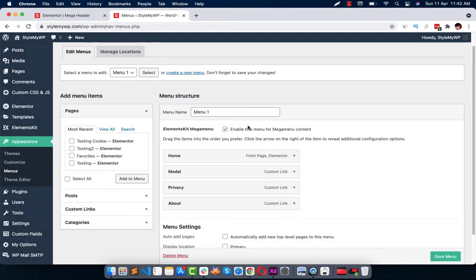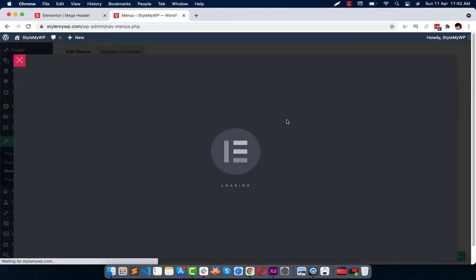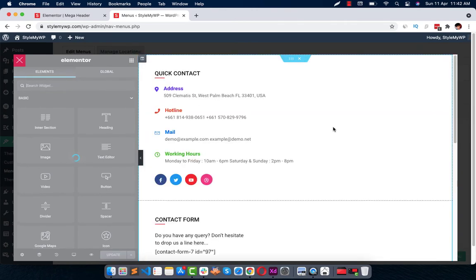Right, if you disable it, this will be gone. So make sure you enable this, then click on mega menu. Right, and here you need to toggle this mega menu enabled, and then edit mega menu content. When you click on this, a pop-up will open with Elementor editor, where you can add your mega menu.